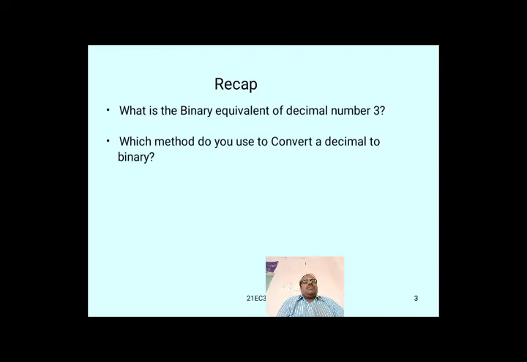First of all, number systems are divided into many types. Here we are learning 4 types of number systems. First one, decimal number system. Second one, binary number system. Third one, octal number system. Fourth one, hexadecimal number system. Already we learned about the decimal number system, which we want to convert into the binary number system.